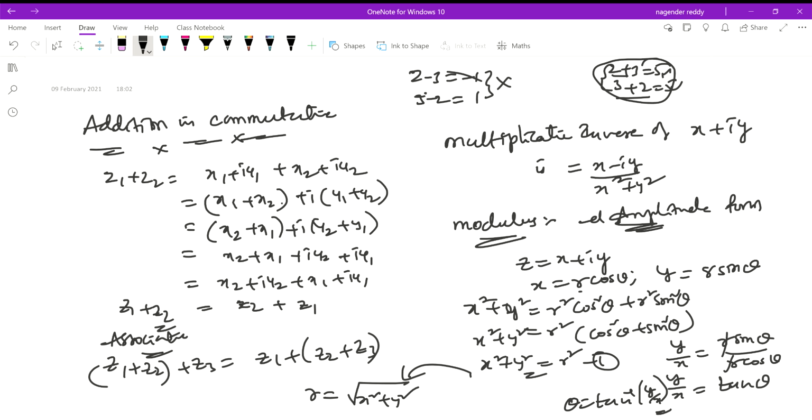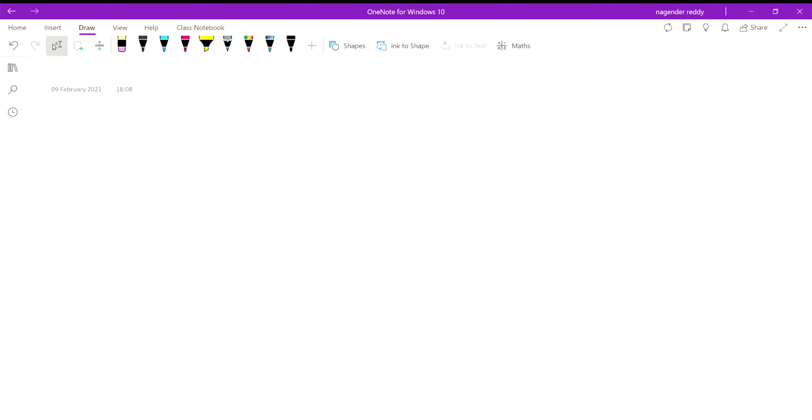So we have some properties. Before going to that, we'll have to learn the conjugate. Just now we discussed the conjugate of z. Let z is equal to x plus iy. Then z bar, it is denoted with z bar, and it can be written as x minus iy. We have some properties of this. We'll discuss a little bit of the properties.